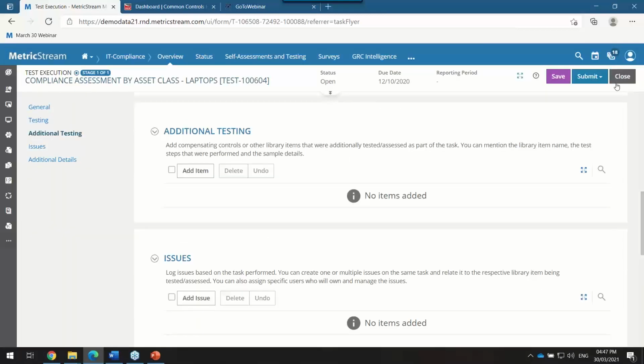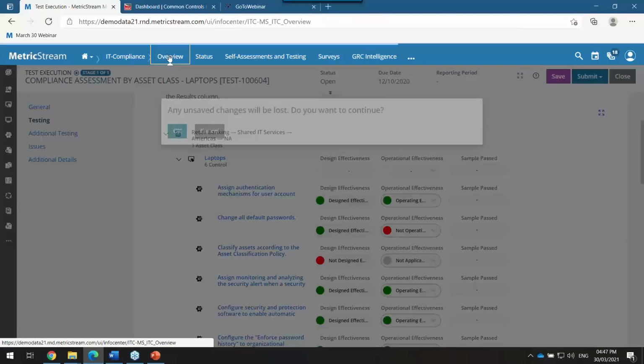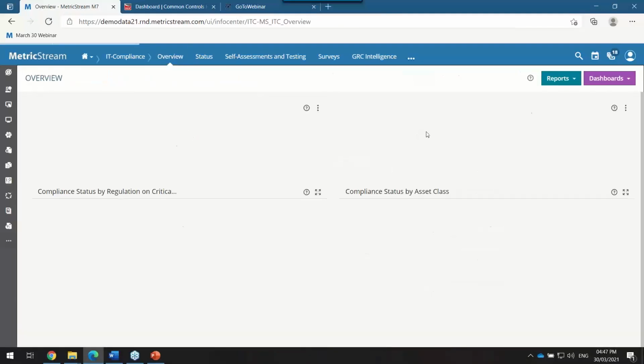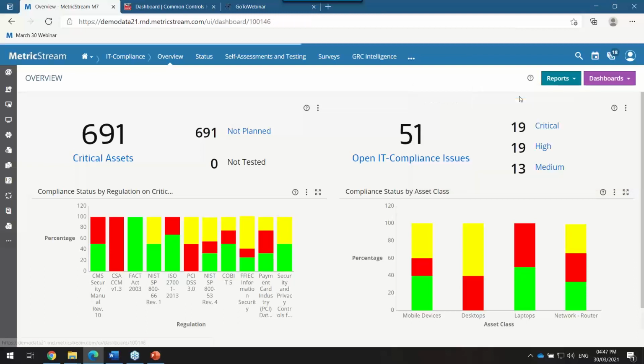There are appropriate results that get derived, and that gets aggregated to the whole asset as such. So once we go through this process, ultimately we get to view those reports from a dashboard standpoint to say where we stand as a compliance status for a given regulation.